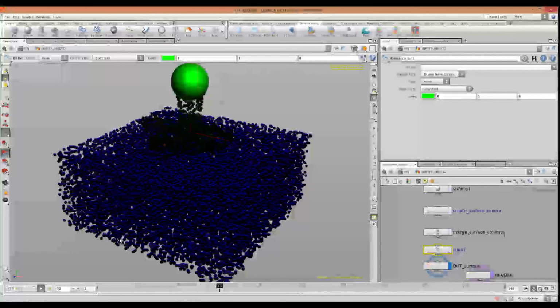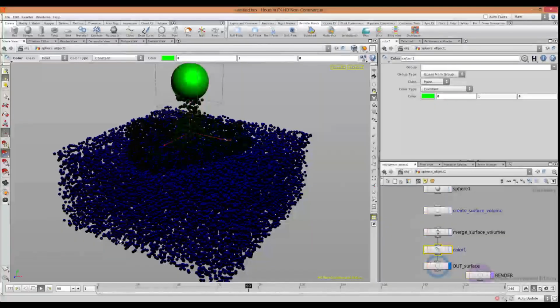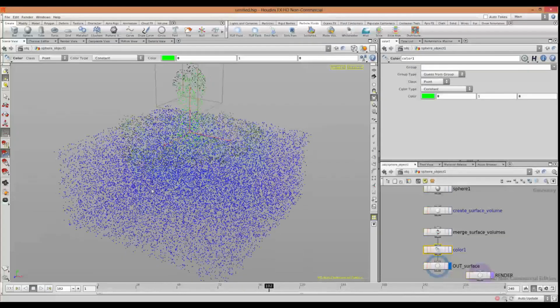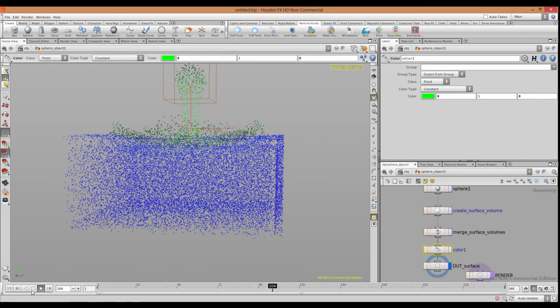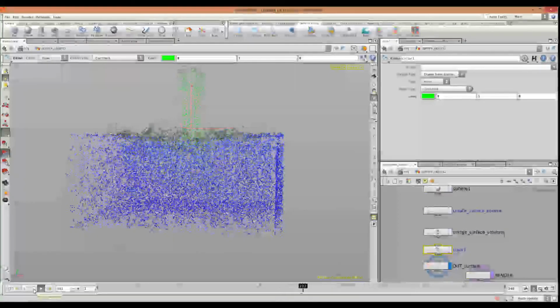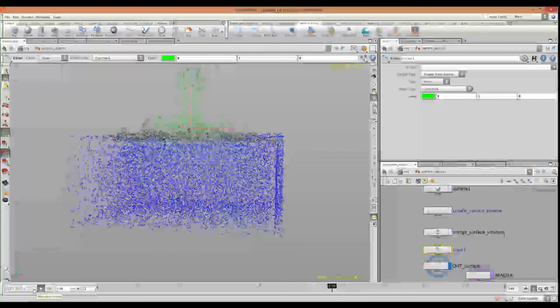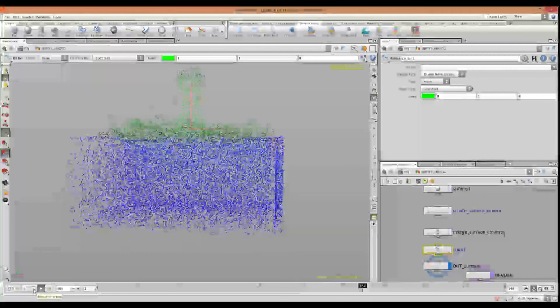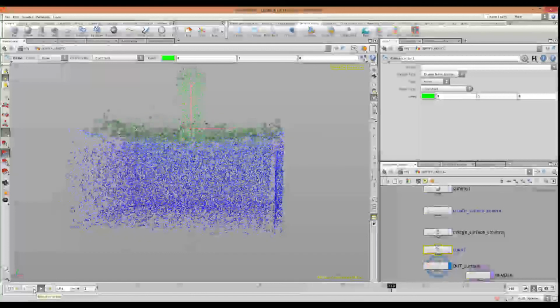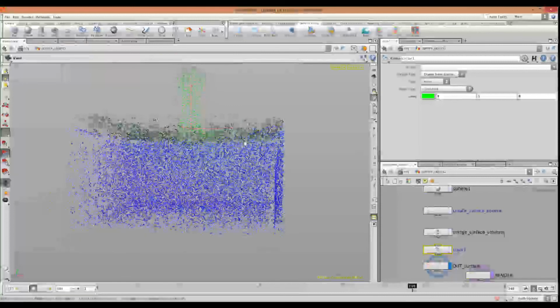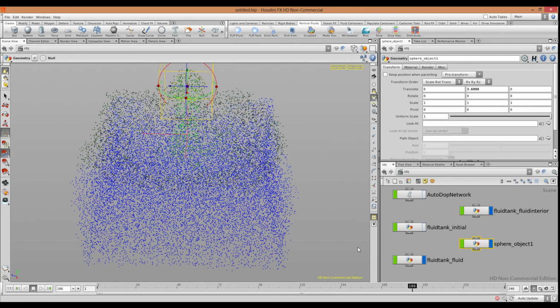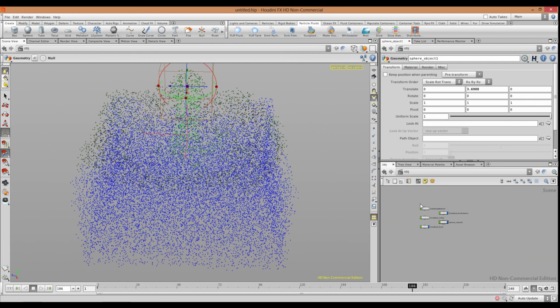So yeah, that's how it behaves. So the liquids stay on top. Okay, these two attributes are really essential to make something nice in terms of simulation. Okay, let's delete everything again,